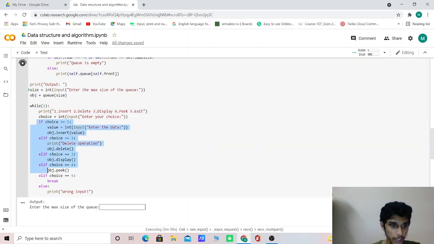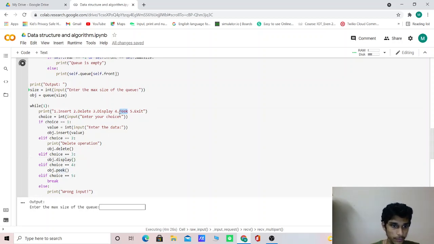For that we are giving a condition over here. If the choice is 1, we are entering a value and object.insert, just inserting a value. Else if we give 2, it will delete a value. If we give 3, it will display the values which are remaining in that list.